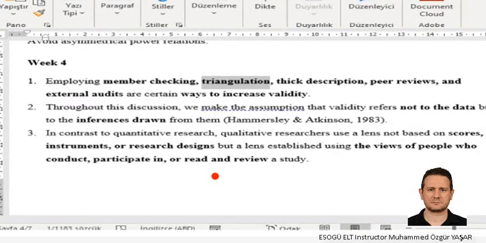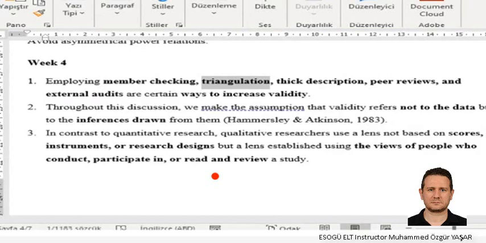So instead of just one data collection method, now you have three: the interviews, the observation, and the open response questionnaire. So this means that you triangulate and you cross-check what your participants say, and you base your analysis and your conclusions on these three different data collection tools.